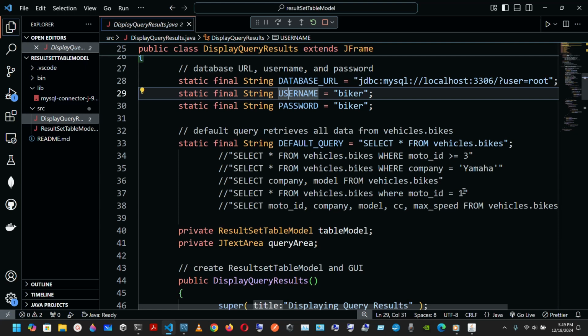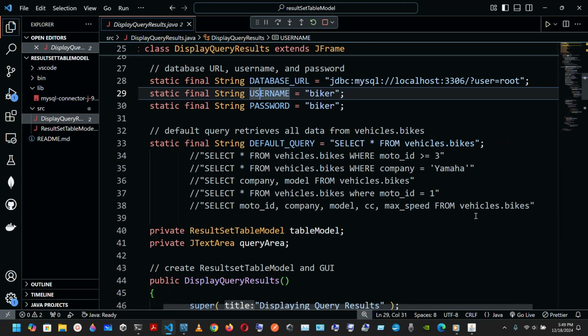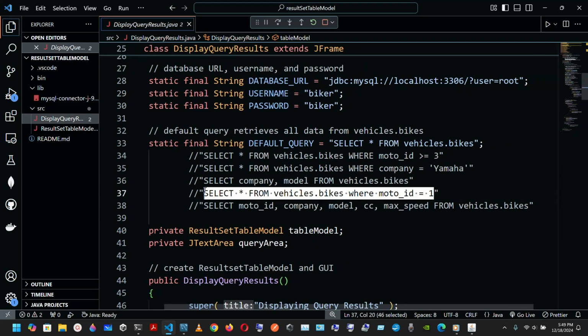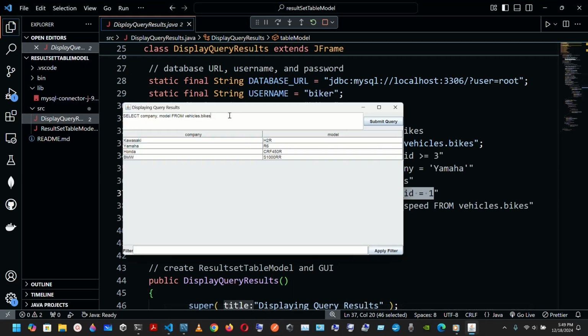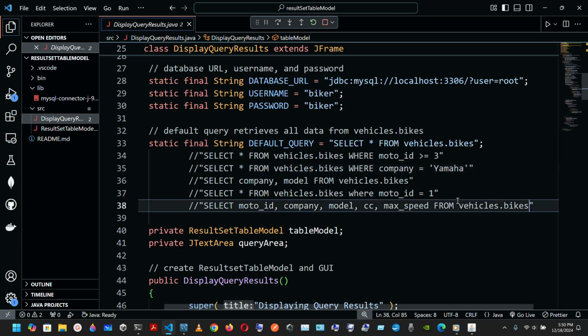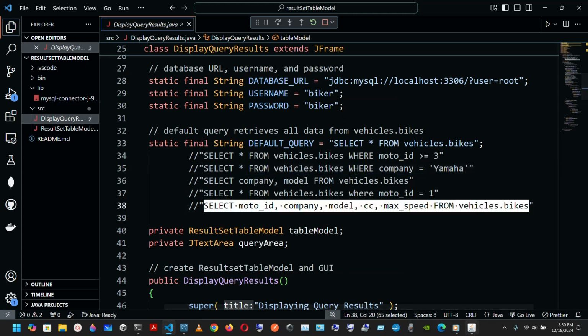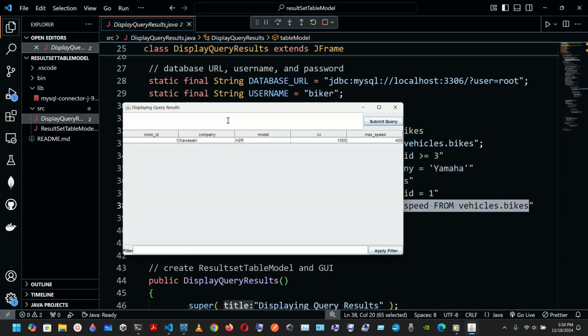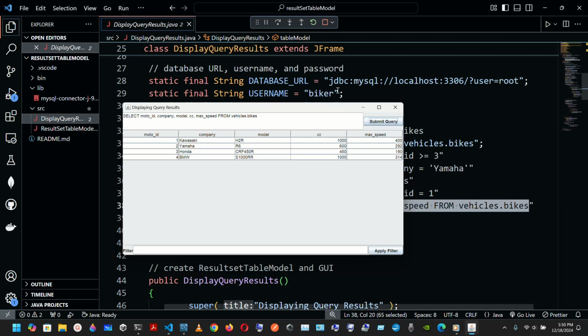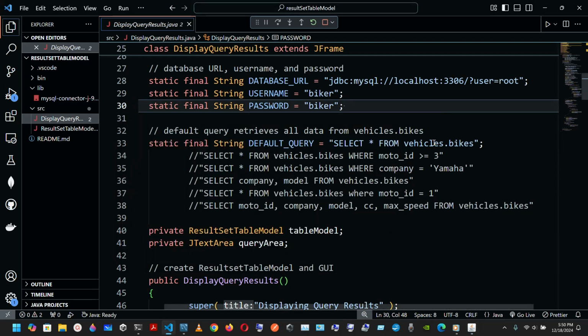So let me see. Let's pick this one. This one is gonna be the same. So we have select everything from the vehicles.bikes where model ID is 1. As you can see, Kawasaki. And finally, let's just pick the last one, the last example. So we are gonna select the model ID, company, model, the cubic centimeter, max speed from the vehicles. That is pretty much the same as saying this one, select everything from the vehicles.bikes. And yeah, this will be